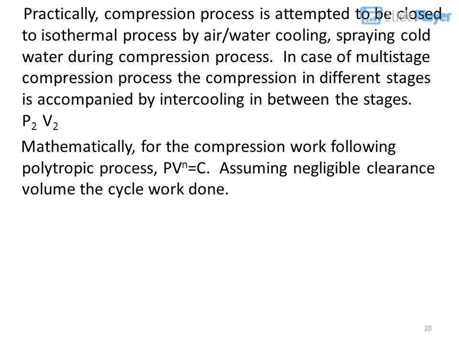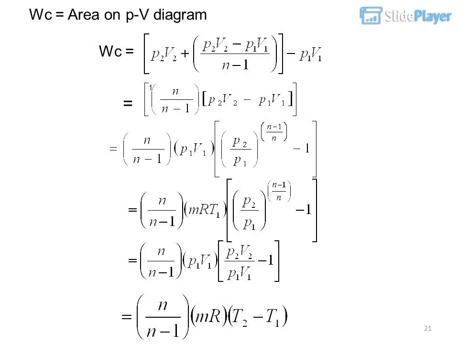Practically, the compression process is attempted to be close to isothermal by air or water cooling, and by spraying cold water during the compression process. In the case of multi-stage compression, the compression in different stages is accompanied by intercooling in between the stages. Mathematically, for the compression work following the polytropic process PV^n = C, assuming negligible clearance volume, the cycle work done, WC, equals the area on the PV diagram. WC equals